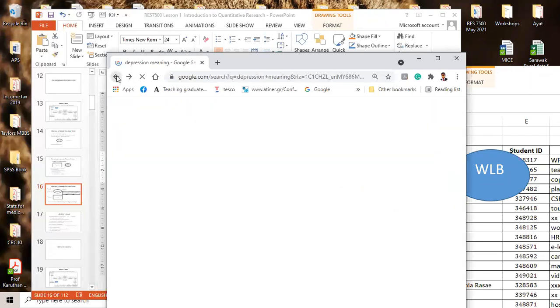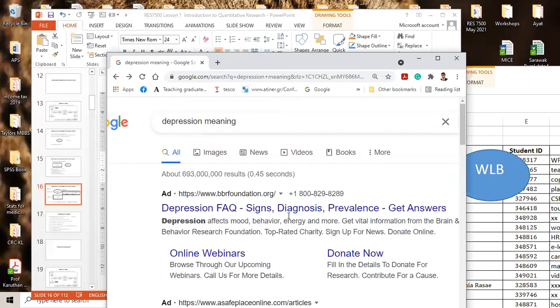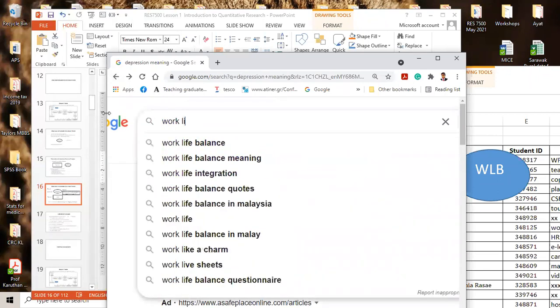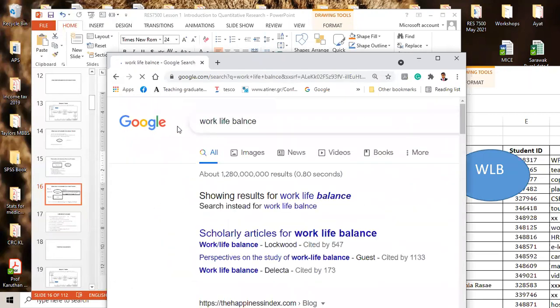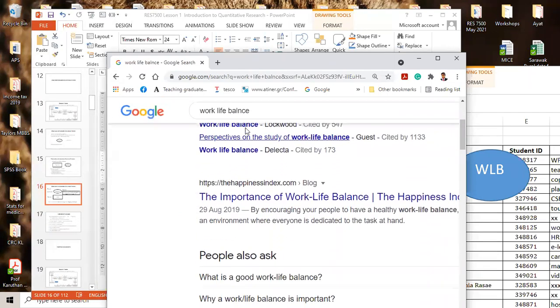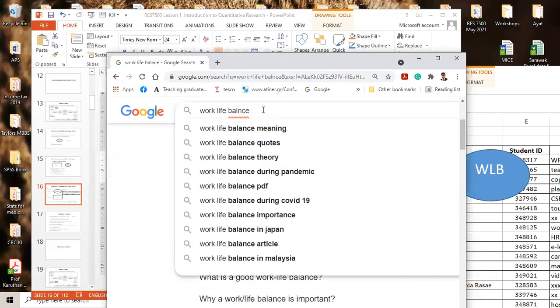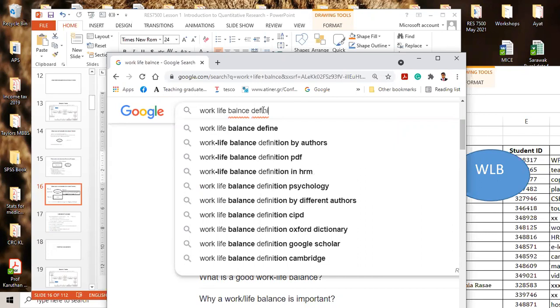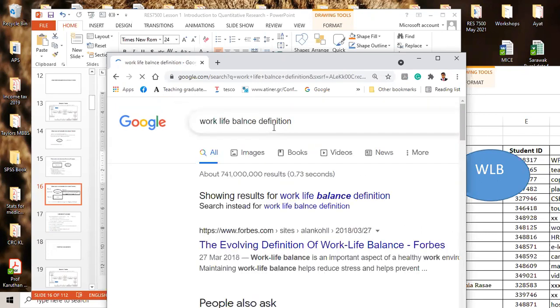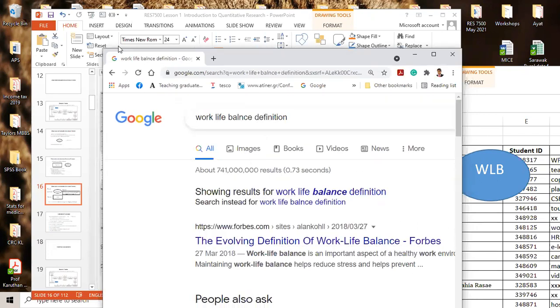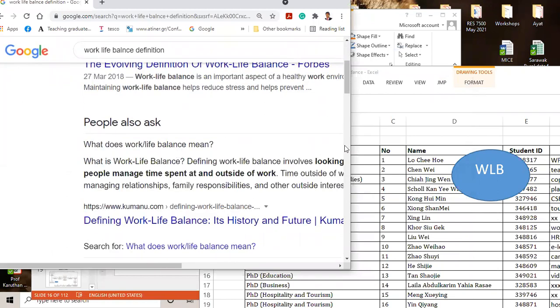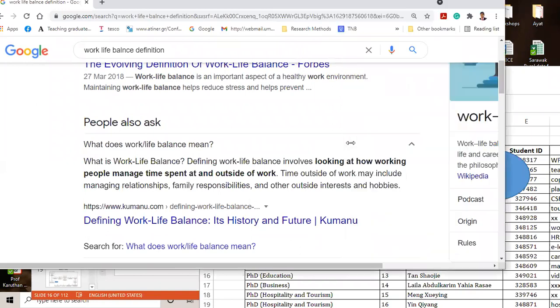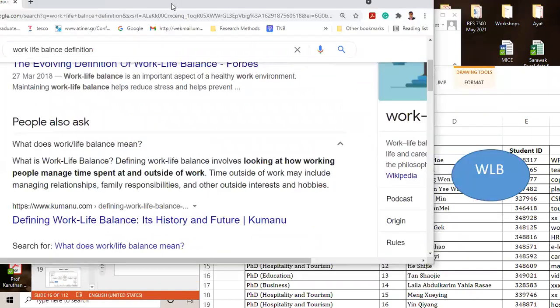So now your definition of work-life balance. Okay, work-life balance definition. The same definition, I see on my screen.